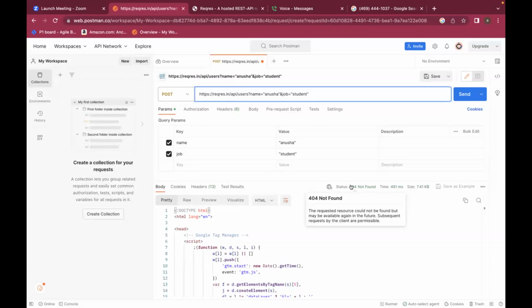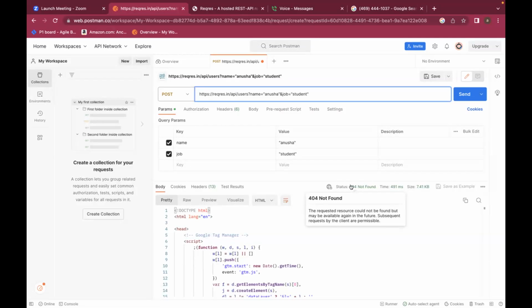Whenever you get 404, it means that the API does not understand what this endpoint is all about. The API understands only a few set of inbuilt endpoints. That's it. Any new endpoint, the API might not even understand what your endpoint is about. So Anushka, she has modified her endpoint in an incorrect fashion, or at least that endpoint will not work for this particular API.